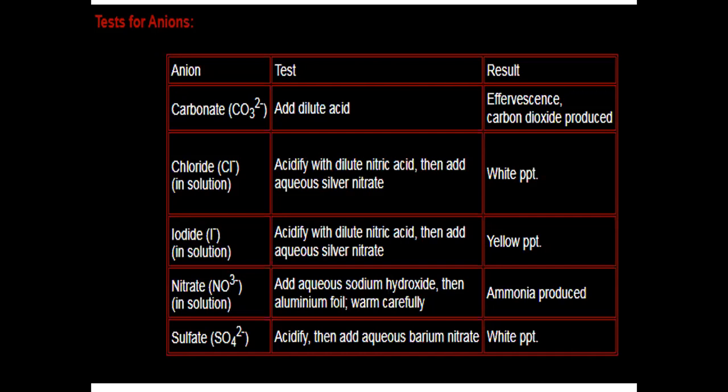We are using both cases, chloride and iodide, because they are halides, and we are using nitric acid. Why? Because let's suppose you have sodium chloride, it will produce sodium nitrate, and the nitric acid will react with sodium iodide and produce sodium nitrate. The iodine will be freed, and we know the color of iodine is yellow.